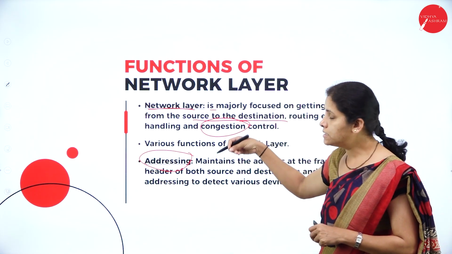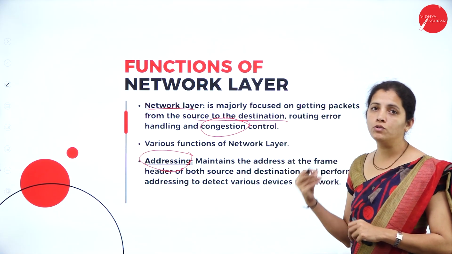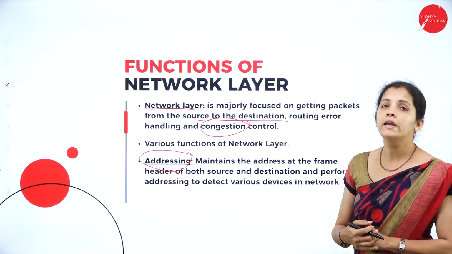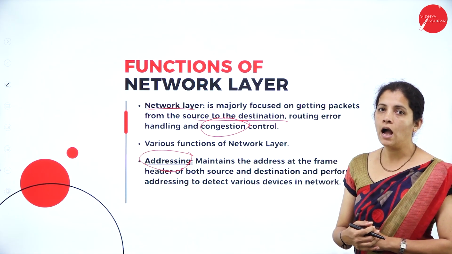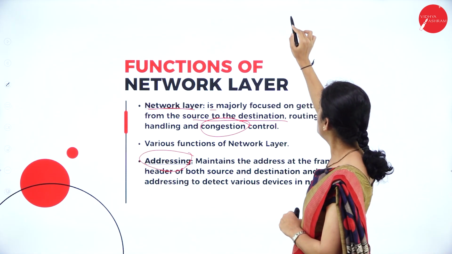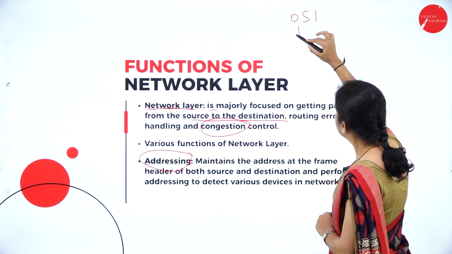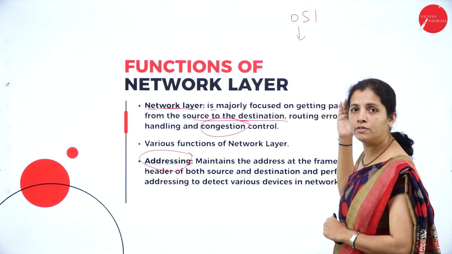So if I consider a network, here also, if I want to send the message, then I want to include the recipient address. And if I consider the OSI reference model, and if I start from sender to receiver or receiver to sender,